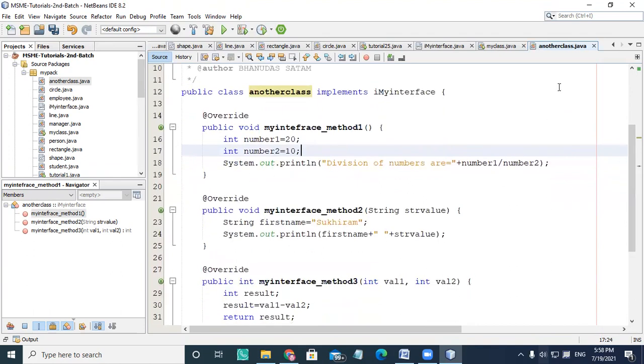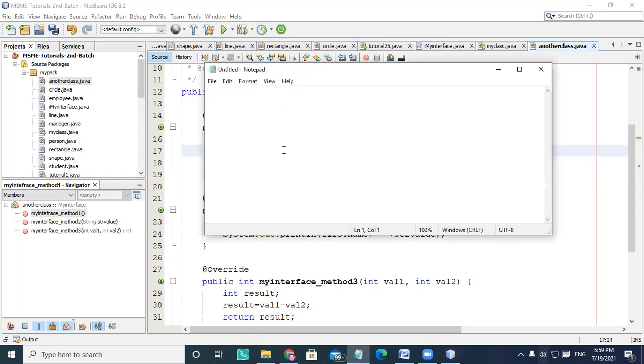Let me explain this differently. Suppose you are creating a banking application, and in that banking application each bank gives an account to the customer, and there are three different kinds of accounts.